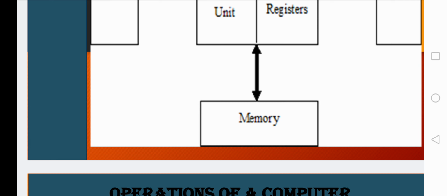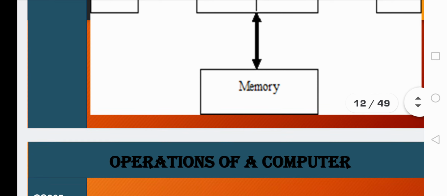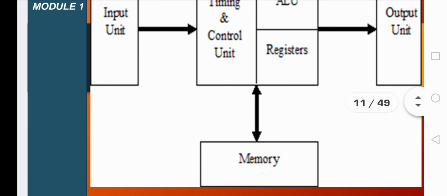It stores the program statements as well as the data and information supplied from the input unit. I told you earlier, if you want to perform any specific task with the help of a computer, first of all you have to write the corresponding program. My computer does not have a brain or logic of its own. So the programmer himself has to write a program for the particular purpose for which he is going to make the computer execute that operation. Then he has to give it to the CPU. The CPU will maintain that program in the memory.